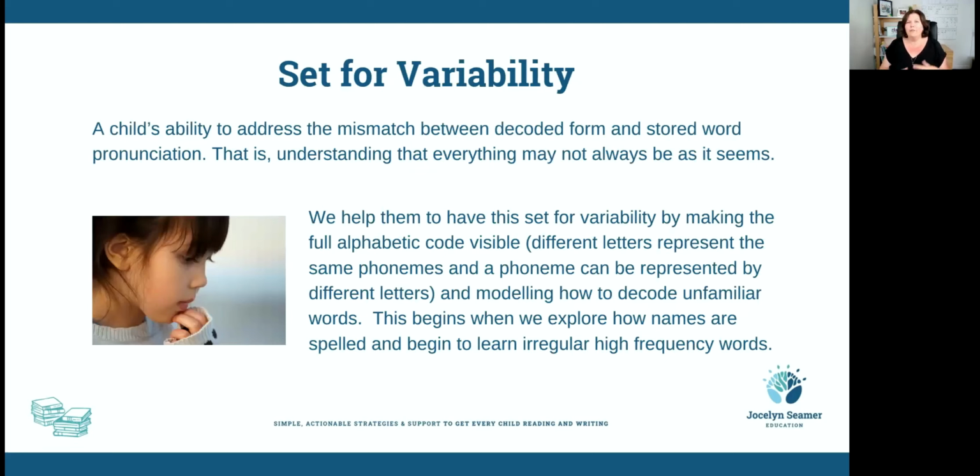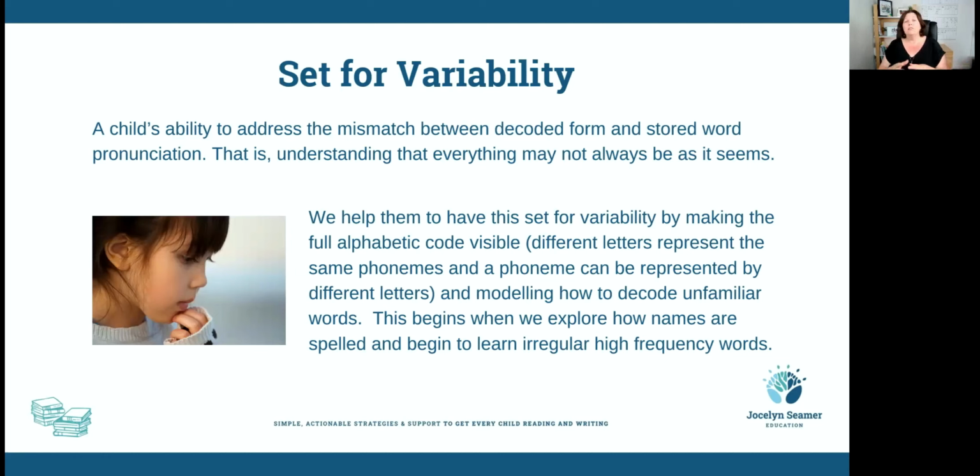So what is this set for variability business that I've been mentioning? Well, essentially, it's the child's ability to address the mismatch between the decoded form and stored word pronunciation. So I'm going to give you some examples. That is, fundamentally, they understand that everything may not always be as it seems. So take the word was, for example. I've got more examples coming up, but with the word was, a child may sound it out as "wass,"